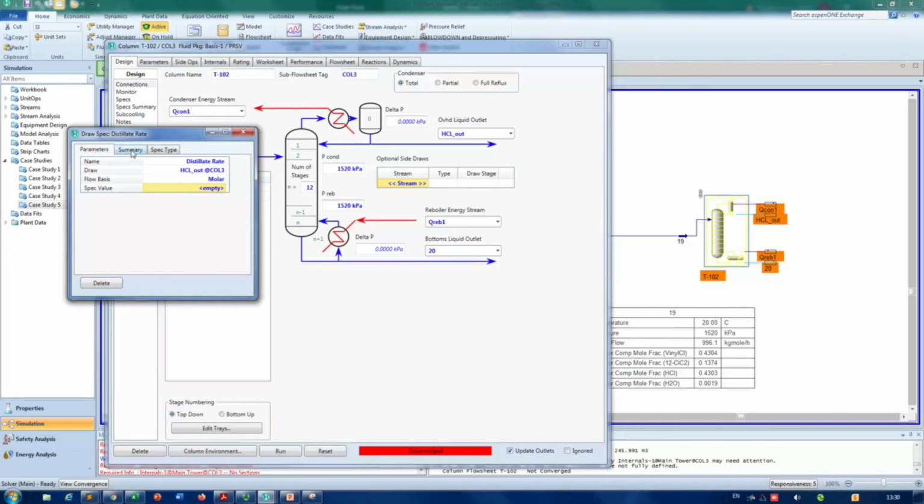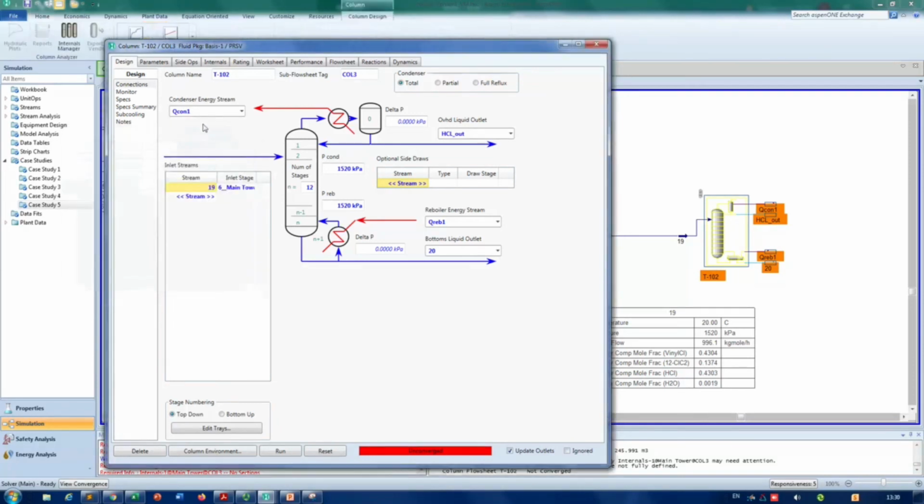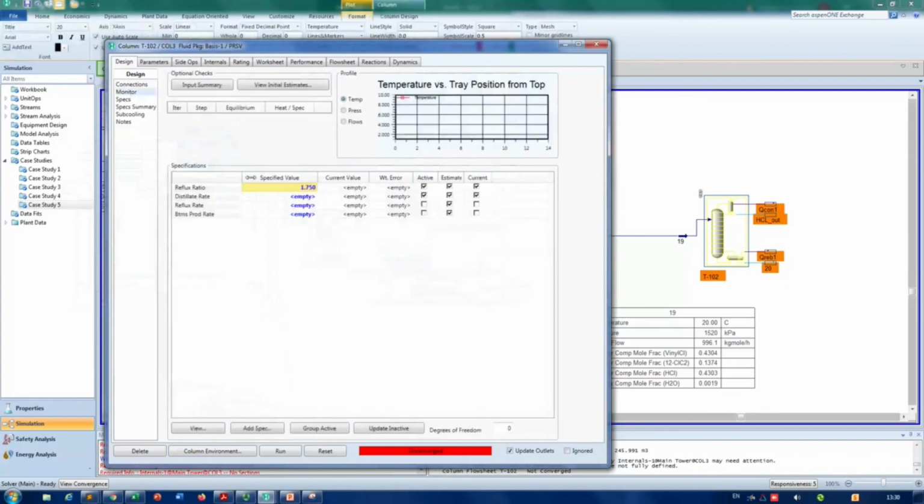So what it says. Okay, to do that, we need to add a few other pieces of information. Distillate rate, we don't have it. So if you go here, you see distillate rate, it's already checked in, and we don't know the rate. So let's uncheck this one, and then we also need to give some specifications, like